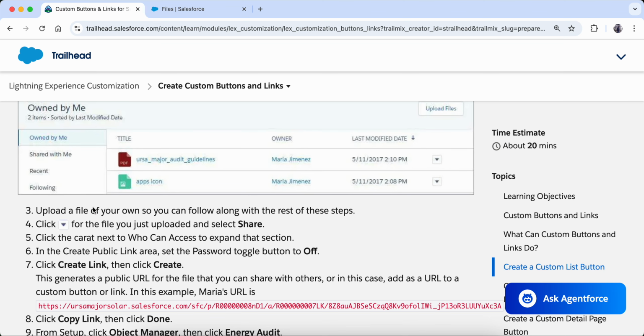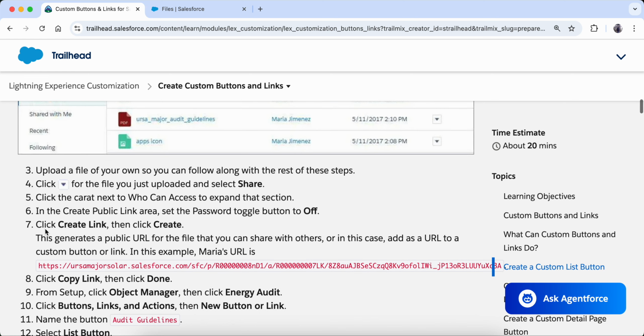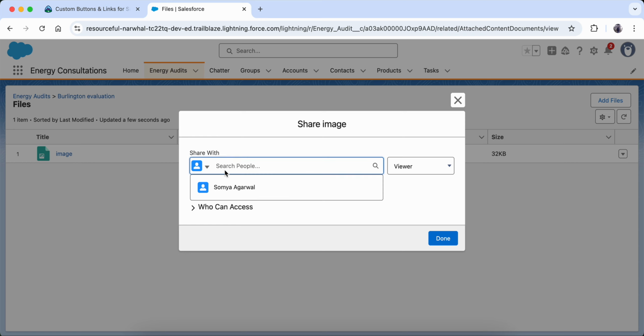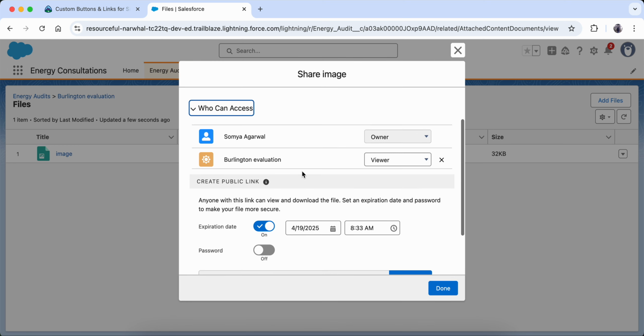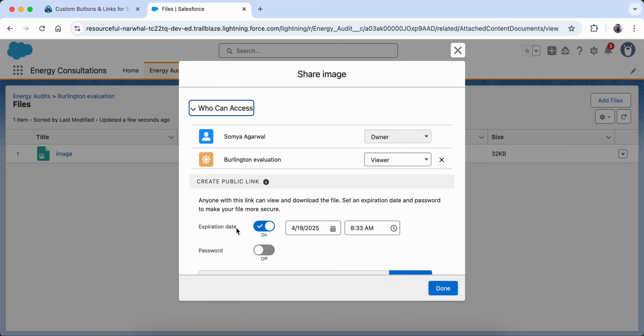Now they are saying that click the who can access, and in the create public link area, set the password toggle button to off.